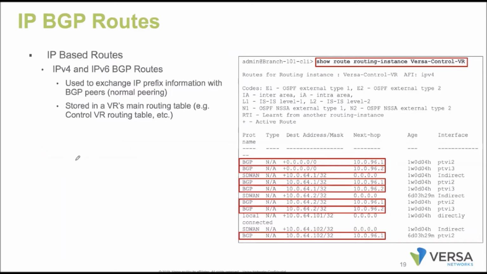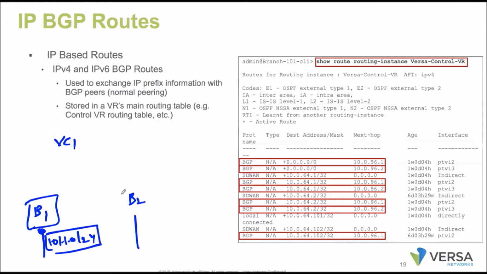What was your question? See, consider in my LAN VR I have one port. I connected my PC, and I assigned some LAN IP. I'm trying to reach one more branch. From my PC, that traffic is coming as unicast, an IPv4 packet.